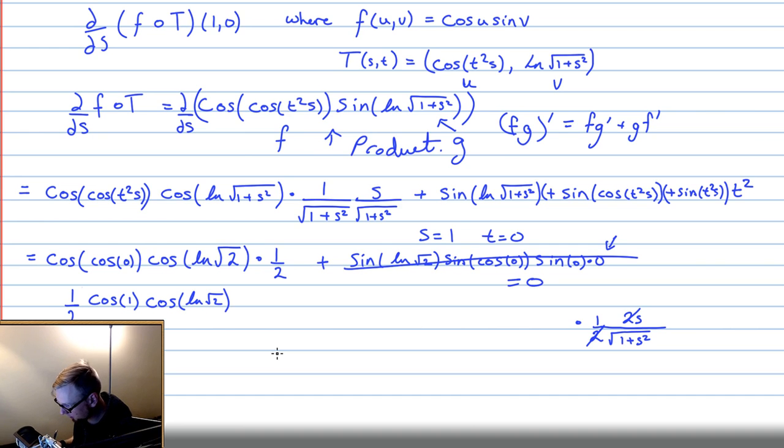Cosine of cosine t squared s, sine of natural log square root of 1 plus s squared. We know it's product rule. Okay, writing out all this stuff. And then plus